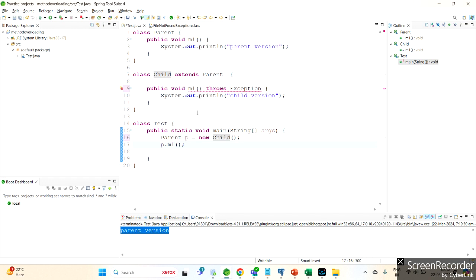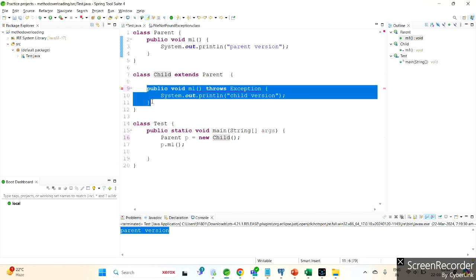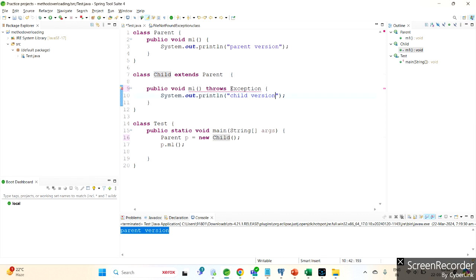So that's why the compiler is not allowing us. See, the parent is already in usage. If the parent doesn't throw a checked exception, then the child also should not throw a checked exception. So that is what the compiler is saying. That's why the compiler doesn't allow throwing checked exceptions here,